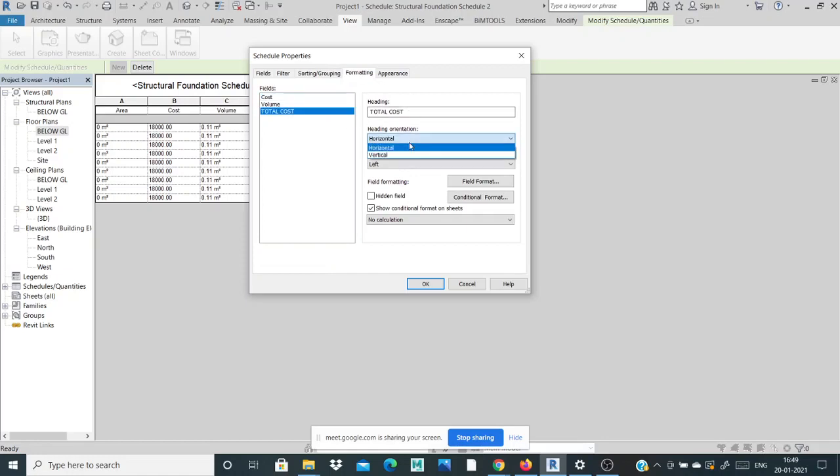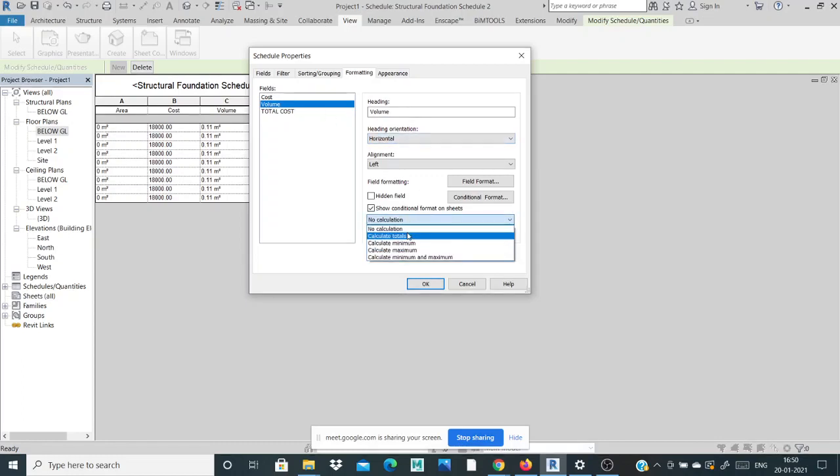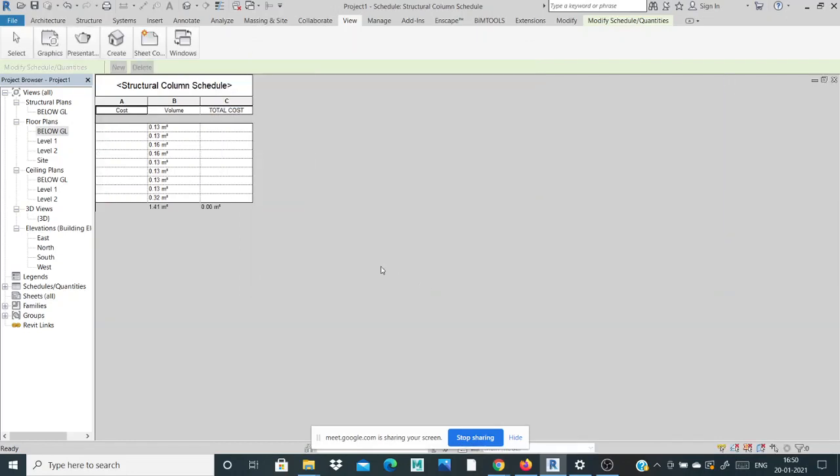Automatically it will change horizontal. Then calculation, calculate totals, right? Simply go to total cost, calculation totals, right? I need the volume also, I need the total. Simply go to calculate totals. See this, volume and total cost also. Simply click OK. See this, automatically our total volume of our column is